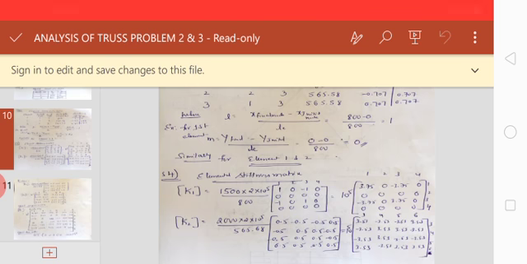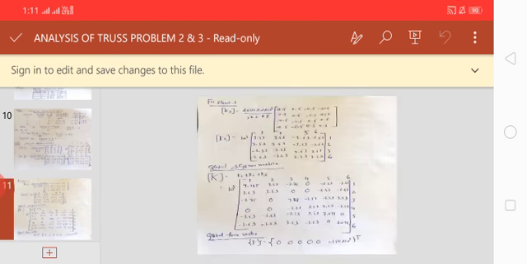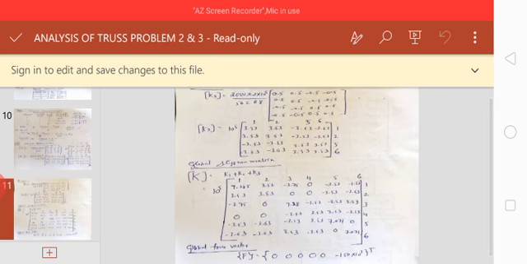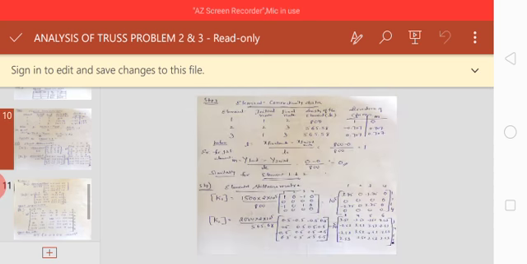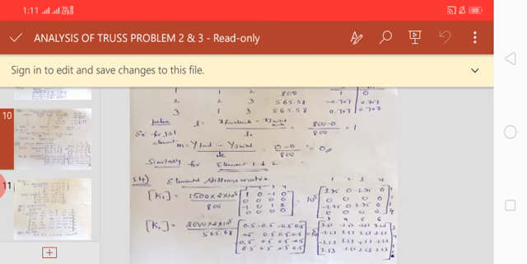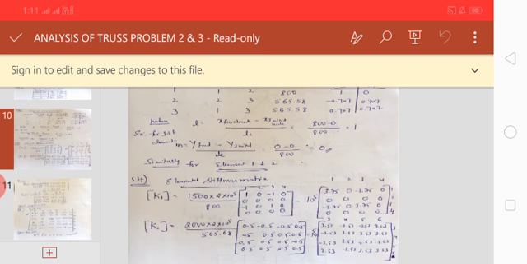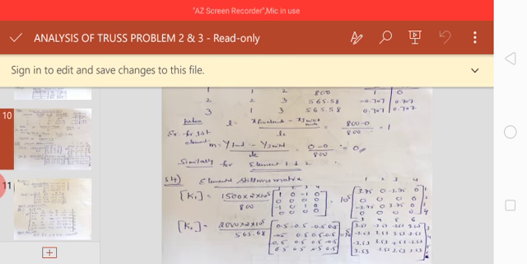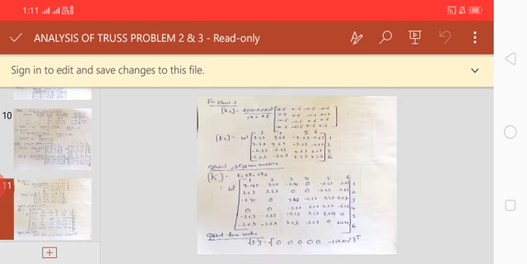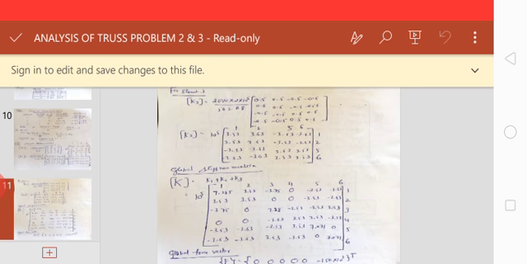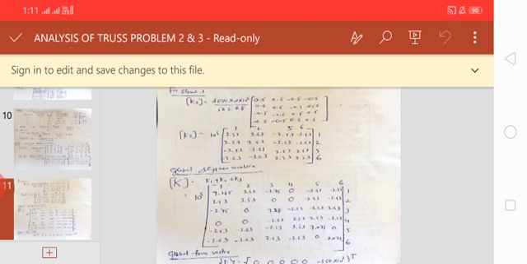1 cross 2, again you search for the K3 value. 1 cross 2 is again 3.53. I have written the same thing. Next 2 cross 3. First you go for searching here for 2 cross 3. For 2 cross 3 that is 0 in the K1 stiffness matrix. Then you go for K3 again. 2 cross 3 is 0, so 2 cross 3 will be 0.